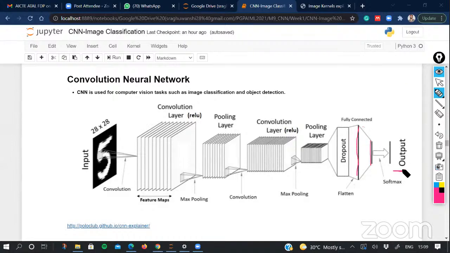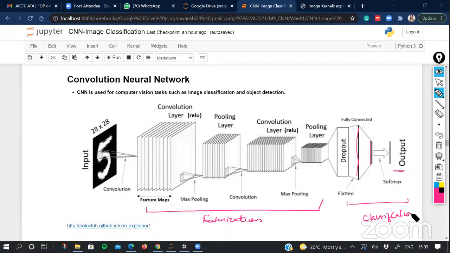The job of this convolution layer is to extract features, or you can call this featurization. And the job of this fully connected layer is to do classification. So this becomes the state-of-the-art architecture which we generally use for image classification problems. Certainly, sometimes we use it for object detection also.